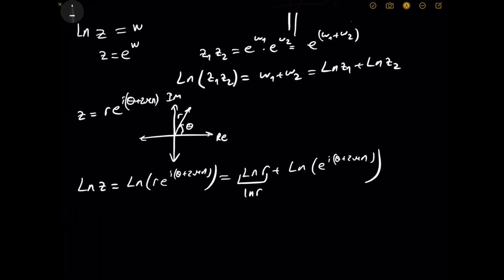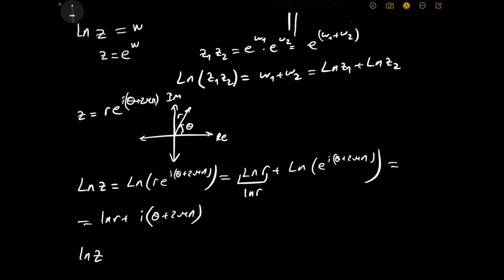So we have that, and the other part is just by the definition going to be the power of e. So ln r plus I theta plus 2 pi n. As you can see, this is multi-valued because n can be any number as long as it is an integer. If I want to get rid of this multi-valued situation, I can define ln z